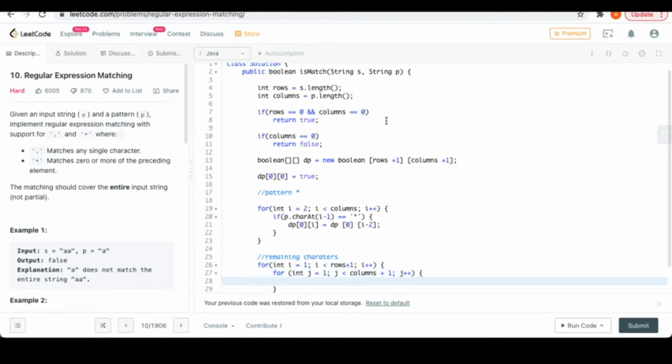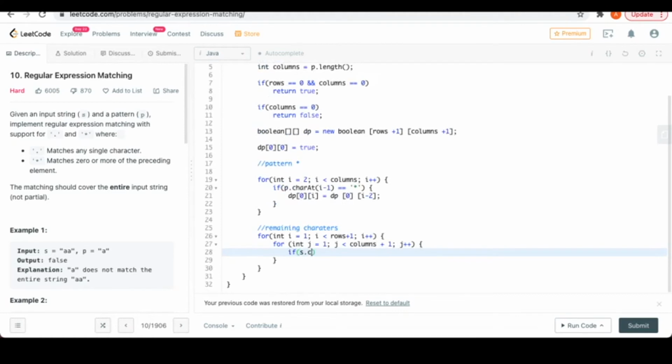Within this loop, if s dot charAt i minus 1 is equal to p dot charAt j minus 1, so that means the characters of both are matching, or p dot charAt j minus 1 is a dot, so this will handle the dot condition as well, then in this case dp of i comma j becomes dp of i minus 1 and j minus 1. So this is where dynamic programming will help us.